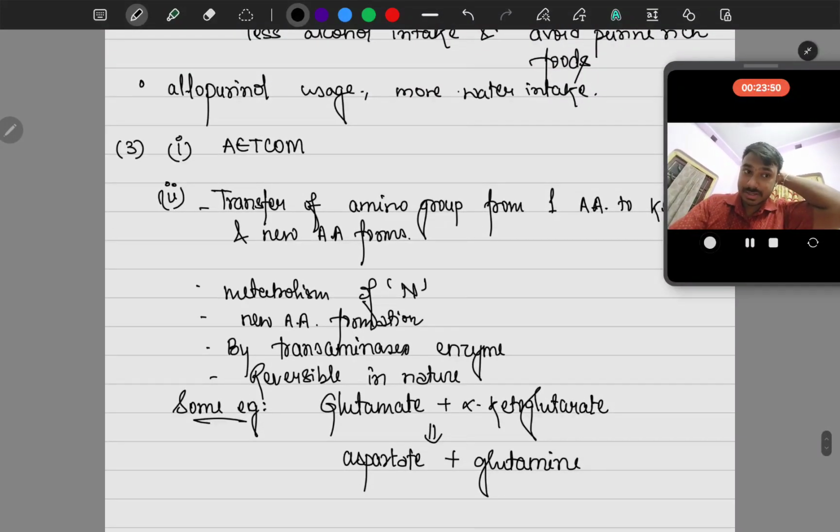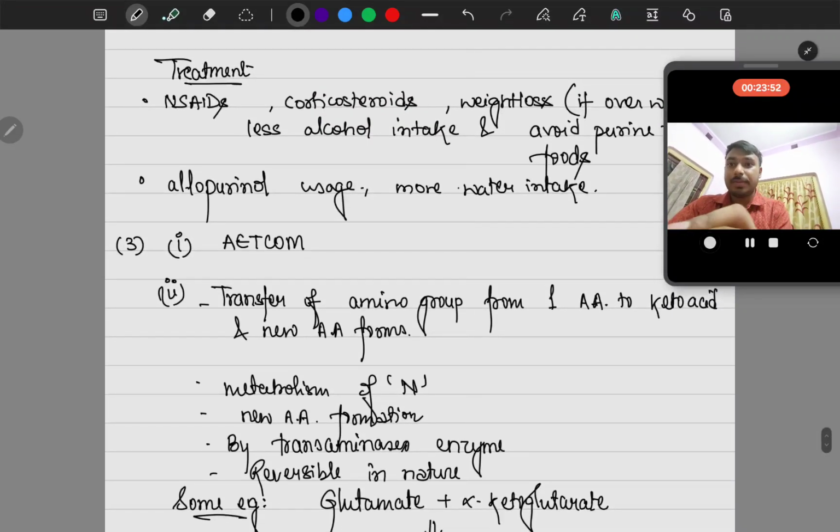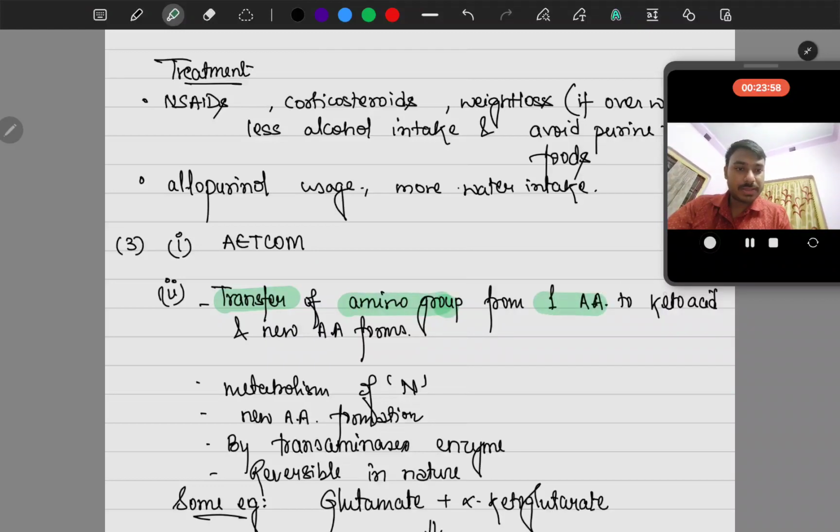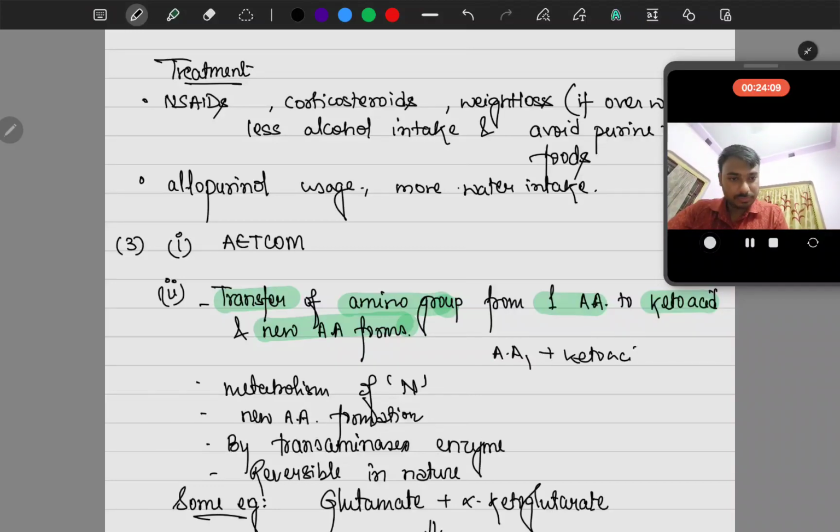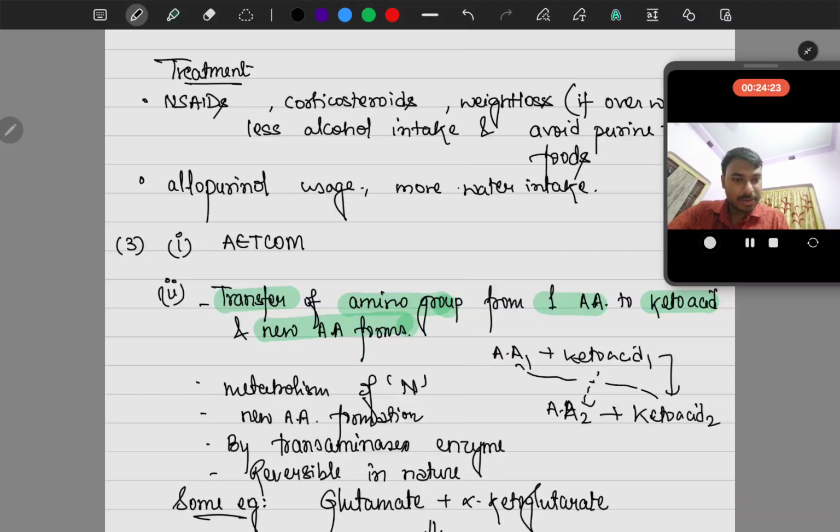So what is transamination reaction? Transamination reaction is the transfer of an amino group from one amino acid to a keto acid, and a new amino acid forms. Means from one amino acid with a keto acid, it forms amino acid 2 from this one only, and a new keto acid from this amino acid by the transferring of the amino group. Okay, amino group means